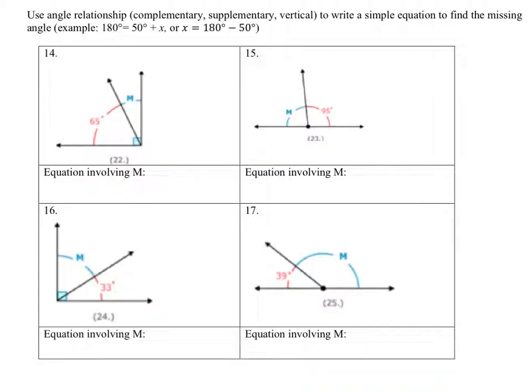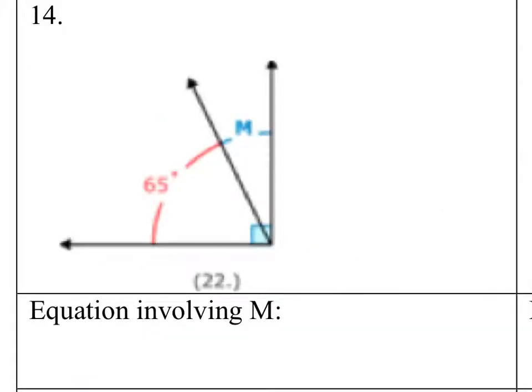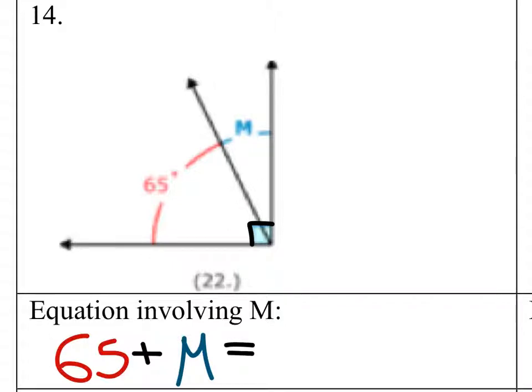All right, let's use angle relationships, complementary, supplementary, or vertical, to write a simple equation to find the missing angle. For example, 180 equals 50 plus x. We'll do these a little bit different. All right, so these two angles, the one in red and then in light lavender, are complementary because it shows the 90-degree angle right here. So if I take the 65 and add this to the angle m, then I would get 90 degrees. m equals, because of their complementary relationship,